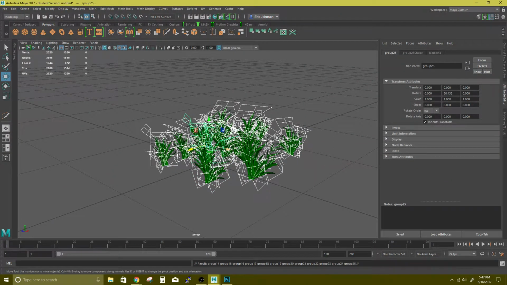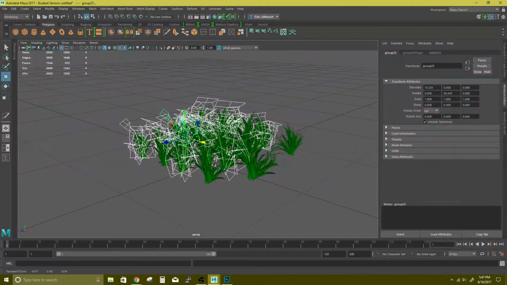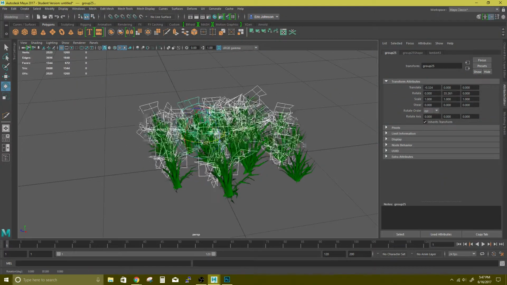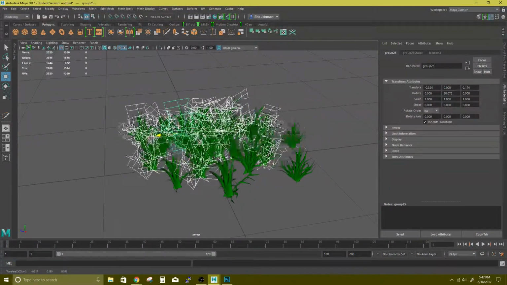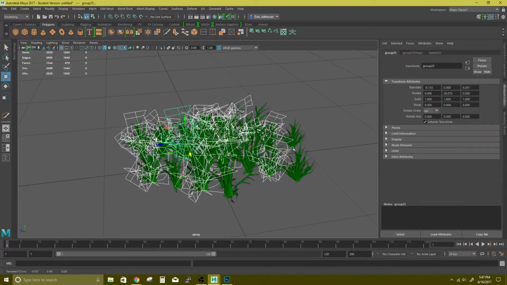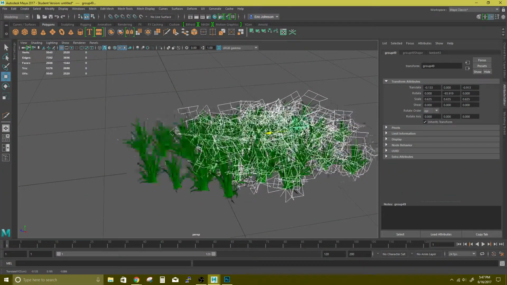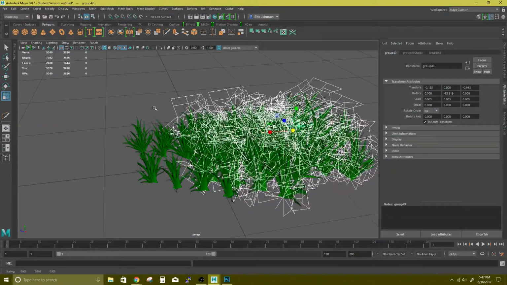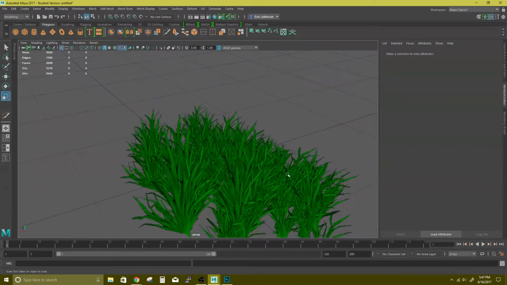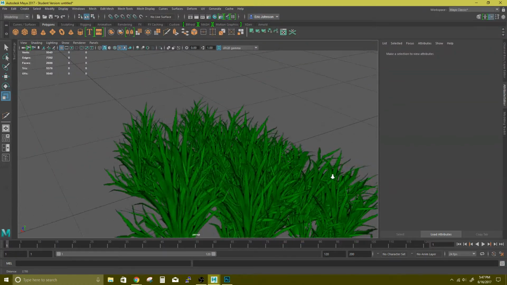Control D. Here. See. We'll do. And here. We'll scale these up. Maybe even more than that. And you see how